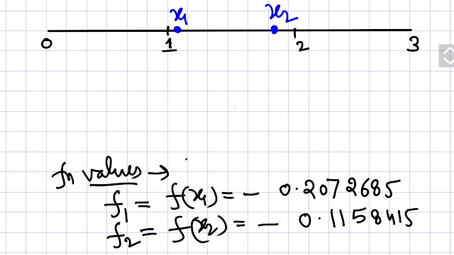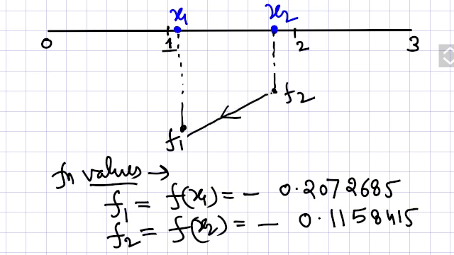If you show these function values here, then at x1 it is coming in minus, so it will come somewhere here. This is the value of function f1, it is minus 0.2, and at x2 it will be this. So your trend is coming like this. You can see that the function is decreasing this way. So the minimum should be somewhere here, and it cannot be here. So what we do is remove this section, because we know that the minimum cannot be here because the trend is coming like this.